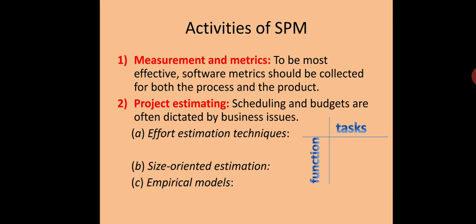Now what is a product? Product is the final output which is obtained from a given project. So at the end of the project, after completing it, whatever desired output you get in the end is termed as a product. So basically, software metrics should be collected for a process as well as for a product. Now, process metrics are collected during a project and after a project.